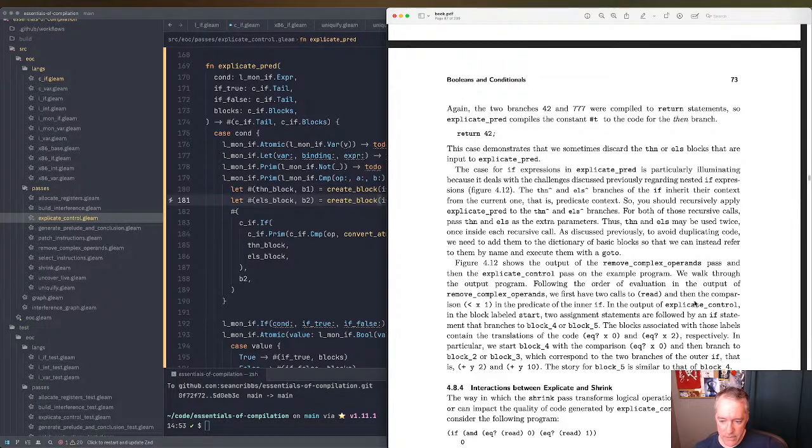First have two calls to read and then a comparison in the predicate of the inner if. In the output of explicate control, in the block labeled start, two assignment statements are followed by an if statement that branches to block 4 or block 5. The blocks associated with those labels contain the translations of equal x0 or equal x2. In particular, we start block 4 with the comparison equal x0 and then branch to block 2 or 3, which correspond to the two branches of the outer if. Okay, so it's like,